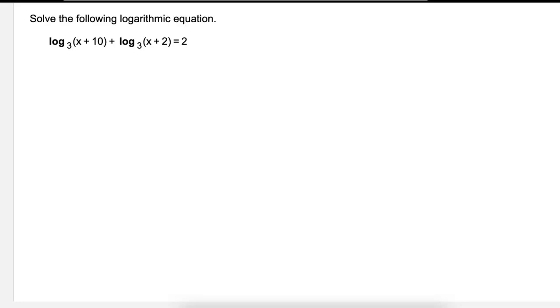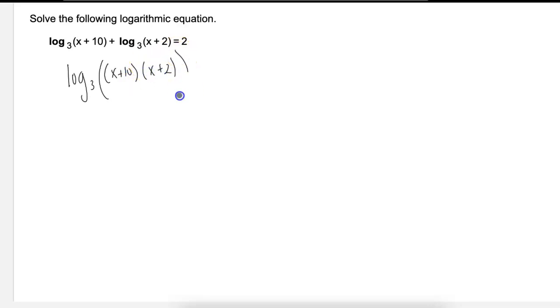In this example, we're asked to solve a logarithmic equation. And to do so, we may need to use properties of logarithms. And that is the case for this first problem. So one of those properties allows us to condense this logarithm like so,